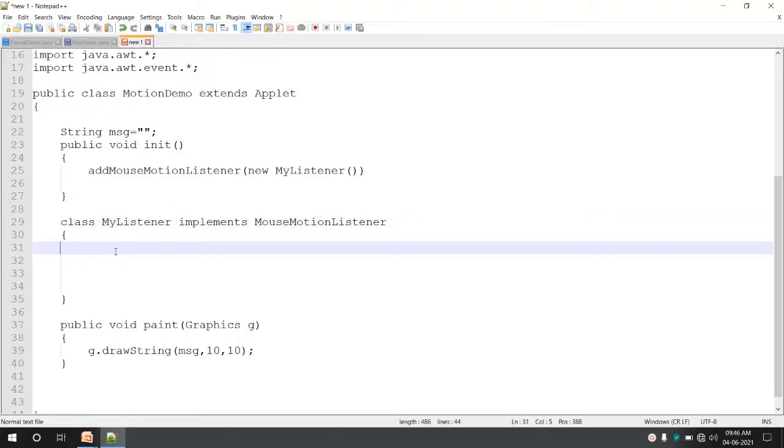We have seen on the PPT that there are two methods of MouseMotionListener. These methods are public void mouseMoved, which takes an object of MouseMotionEvent, M1.